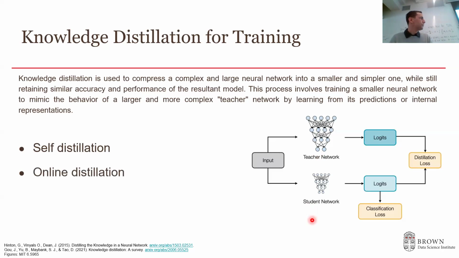Another method to do that is called online distillation. In online distillation, we don't have a teacher model. We only have student models. Let's say we have a data set and we want to train it on a small model. Instead of just training one model on the data set, in parallel we're going to train several small models. And we're going to have a distillation loss that we use at the end of each epoch or batch, depending on how you want to implement that, that will distill from the better student to the rest of the students. Students could be, for example, the same model with different hyperparameters, or different models with different architectures, right? Doesn't matter.